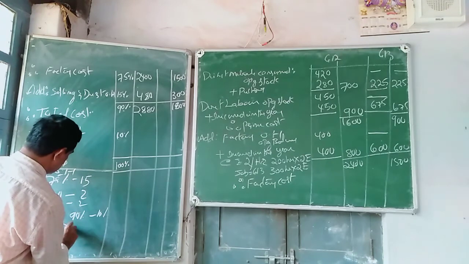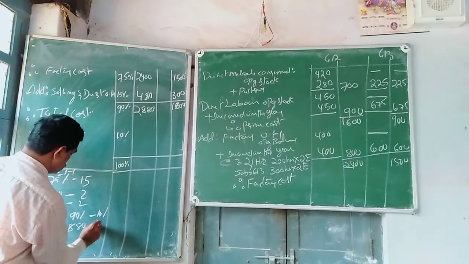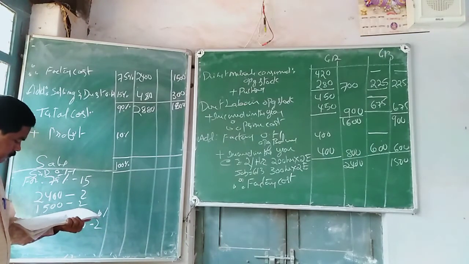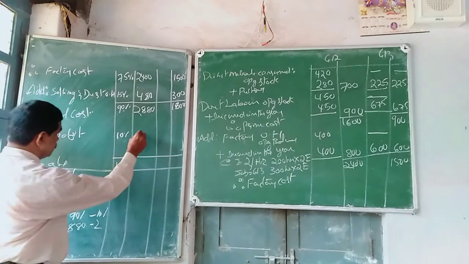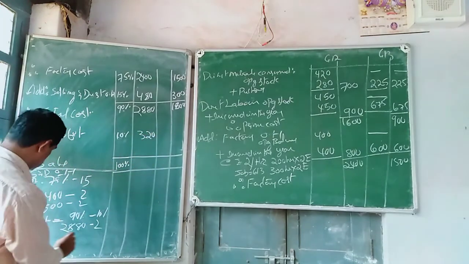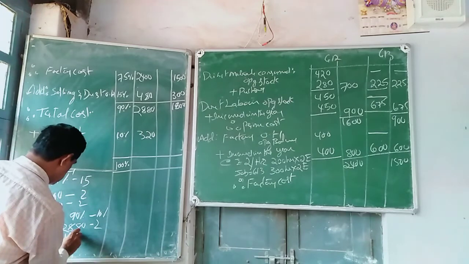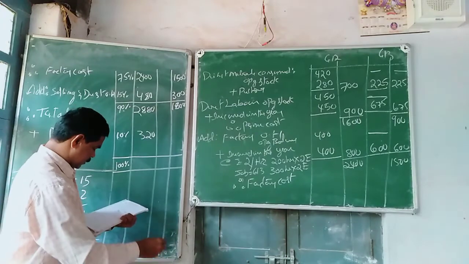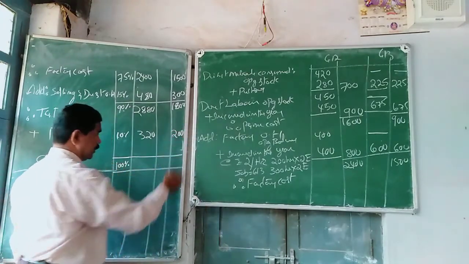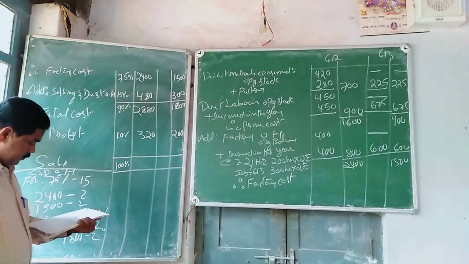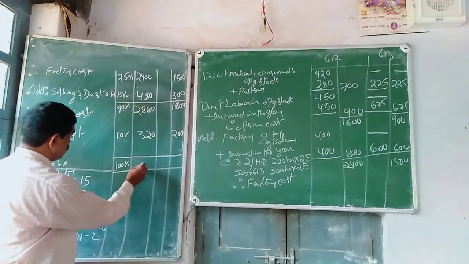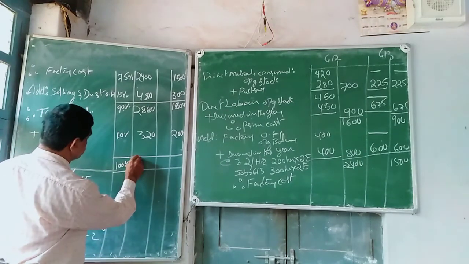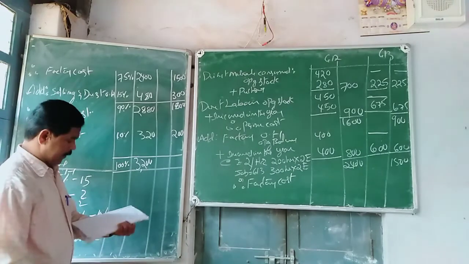On 2,880, how much? 320. So also for 1,800, how much? It is 200. Is it right? 200. Now it is 2,000 plus 3,200, and this is